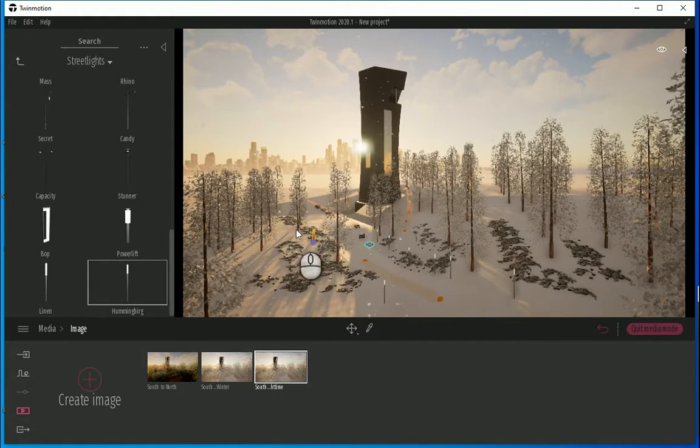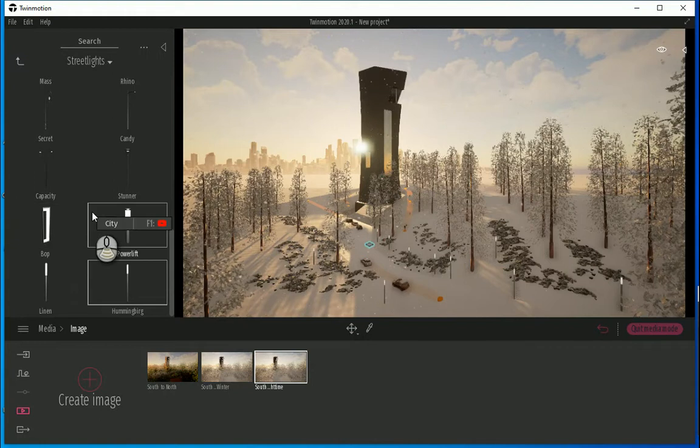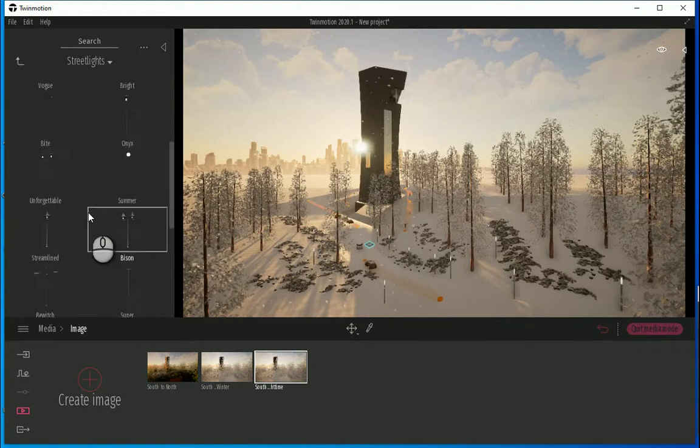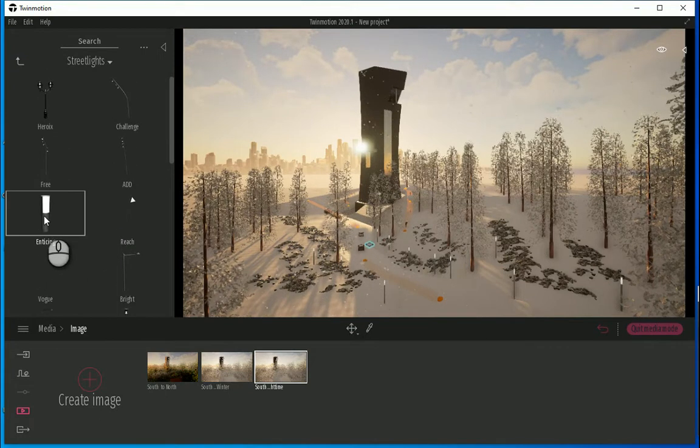Maybe I should have turned off the snow to see where I'm putting the lights. Okay. Maybe a couple in here just to have a little light between the trees. Also, you can change the type of the fixture to something else and put some of them in your landscape.